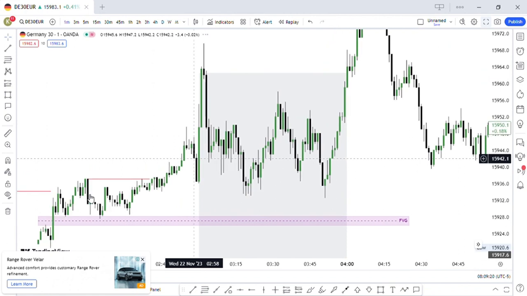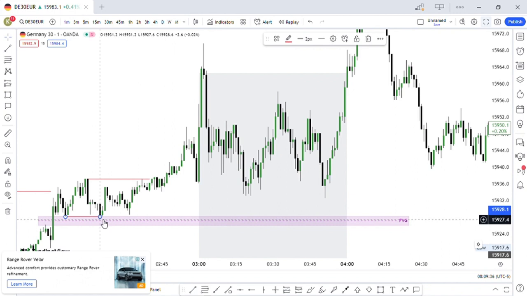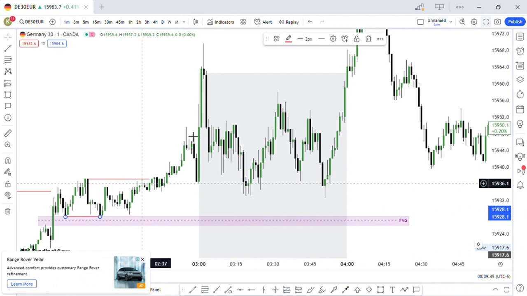On the 1 minute time frame, the same thing. The market made this high, tapped into this fair value gap, and while it was tapping into this fair value gap, it took out this liquidity, the liquidity that resided here. When it was tapping into this fair value gap, it then fell to make a higher high, but again didn't make a lower low. So again it made a higher high. So it breaks structure and this high.